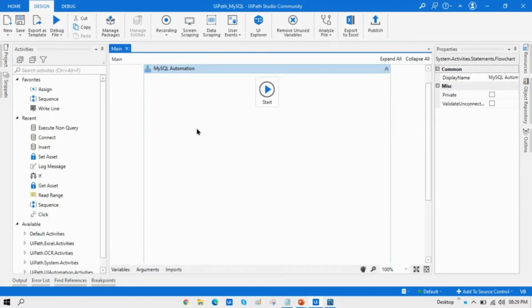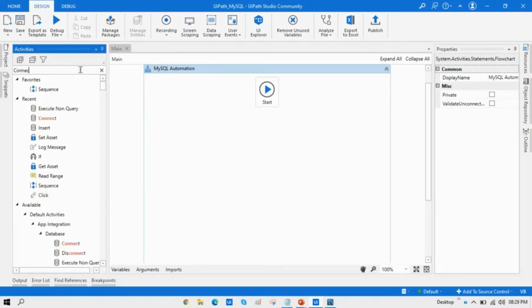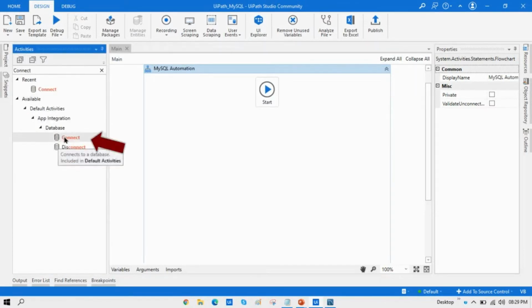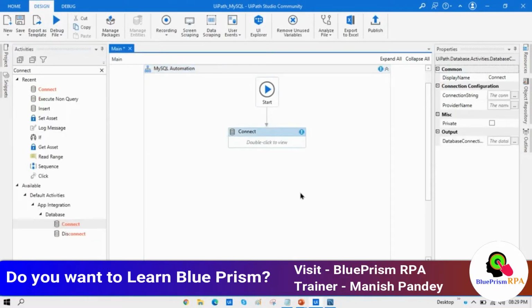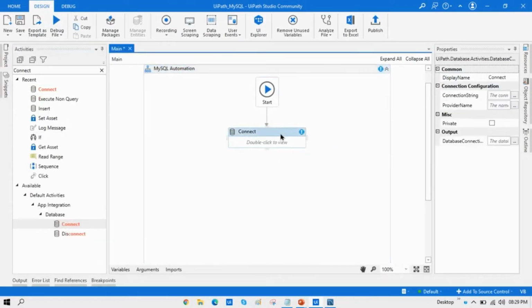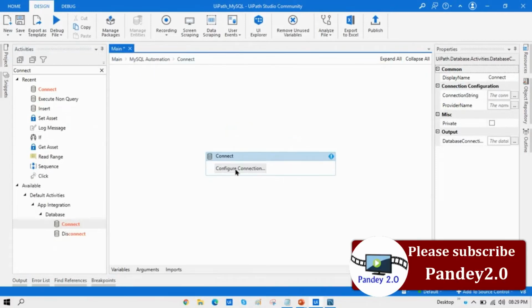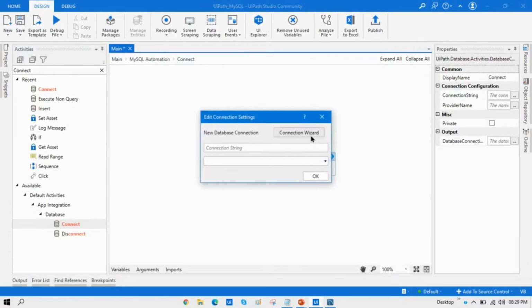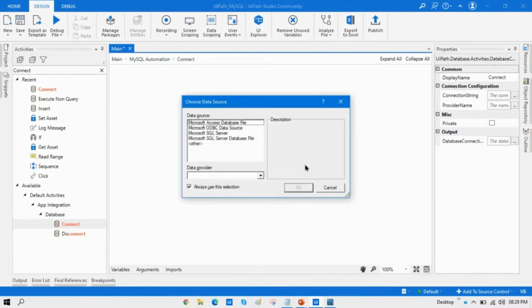Now to connect, we first search here in the activities for connect. This connect activity is used to connect UiPath with MySQL. Now just double click on that and click on configure. First you can see we need to click on connection wizard. Now in this list, in the data source, we are not getting any MySQL data sources.